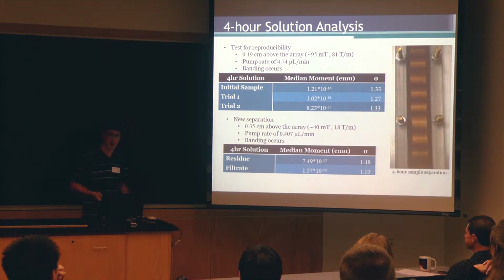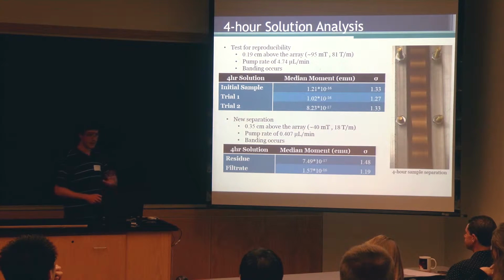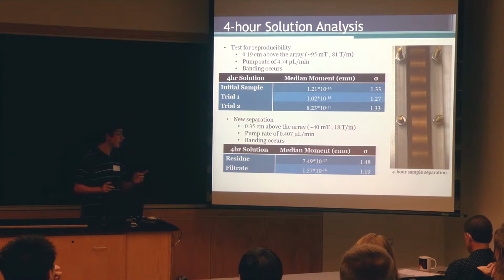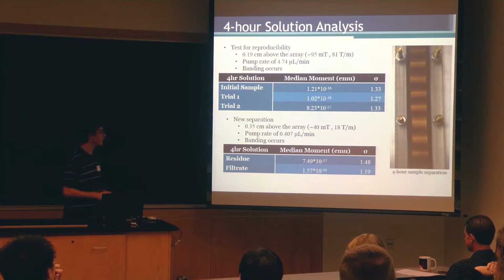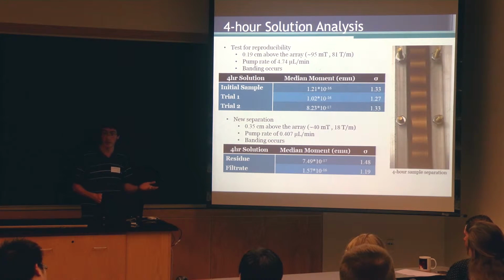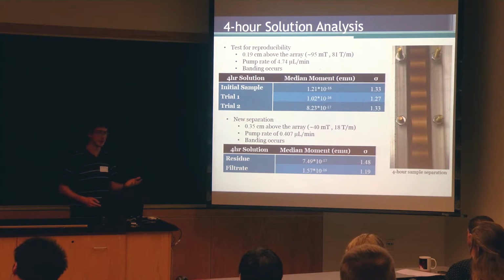We were a little confused by this, so we ran another separation at a different height of 0.35 centimeters above the array, which corresponds to 40 millitesla average field and 18 teslas per meter field gradient. And as you can see on the right, this still banded, and we expected this to not band at all. So we're not exactly sure what's going on here. But again, we did have a reduced sigma value,